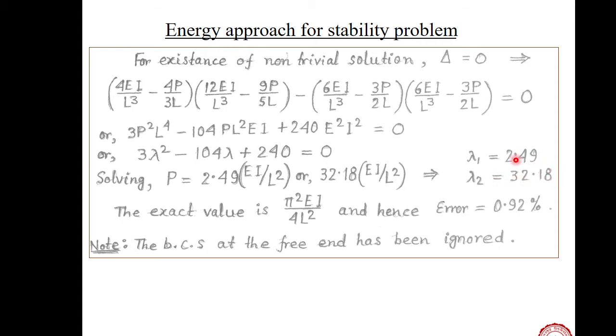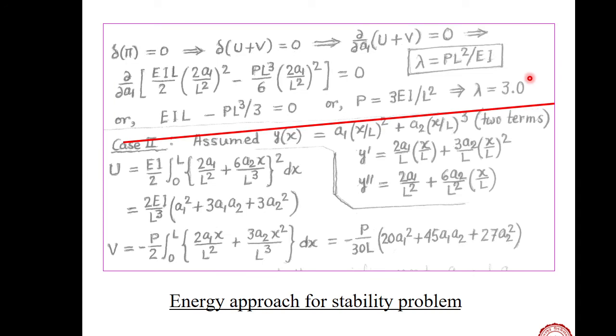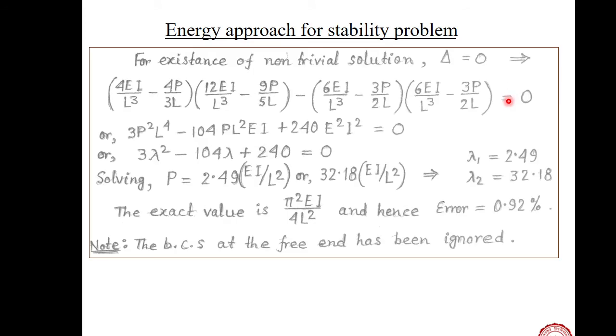And here we see that the value of buckling coefficient has changed. Now this is the exact value we get from the analytical solution. So now this is much closer. Previously the value was 3, and the percentage error was much more. If we go on adding terms, the value will tend towards the exact value, so this error will further reduce. So this is the method.